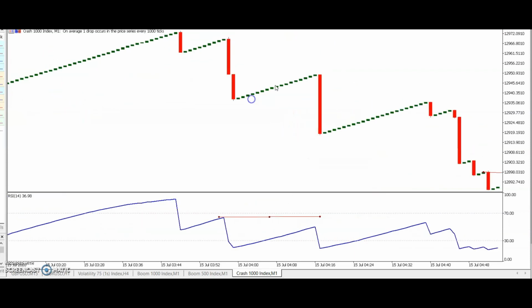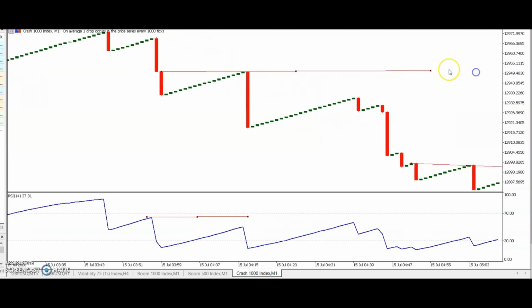A peak, which is this one from crash, right? And you draw a straight line. Continuous straight line can even go up to this level or anyway, but for the purpose of this example, I'll just leave it somewhere here. Now, once price starts to reach this level of the previous peak, what you need to do now is check your